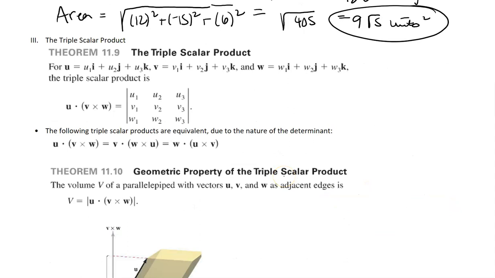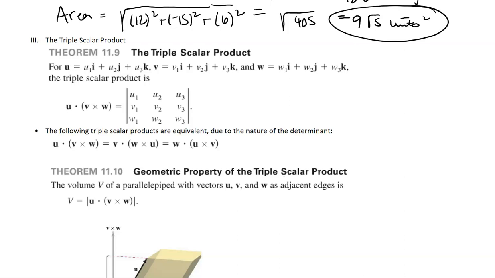The last concept in this section is the triple scalar product. If we let u be u1i plus u2j plus u3k, and v is the vector with v1, v2, and v3, w has w1, w2, and w3, the triple scalar product u dot v cross w, which we saw referenced earlier, is what happens when you take u, v, and w and find the determinant of that matrix using the diagonal method. Now this is a vector dot a vector here, so this is going to end up being a scalar